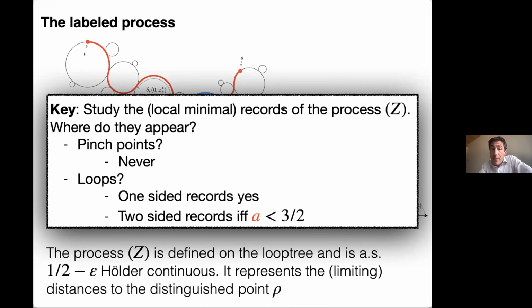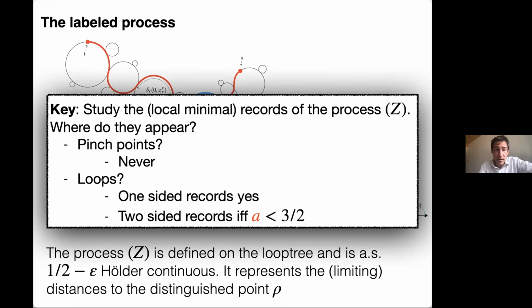And actually, local minimal records, we prove that they never appear on pinch points. What are pinch points? Pinch points are points in between loops, let's say. So they never appear there, but they can appear on the loops. And actually, the dichotomy for the topology comes from there.